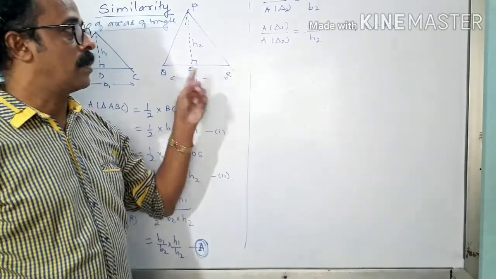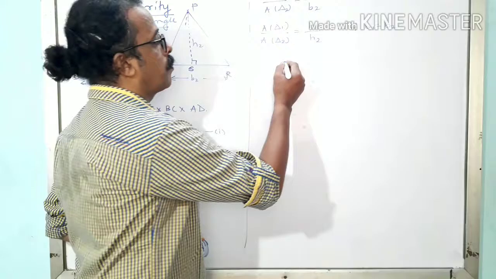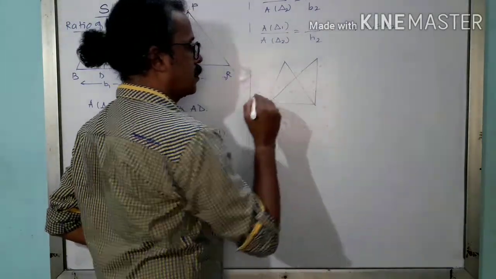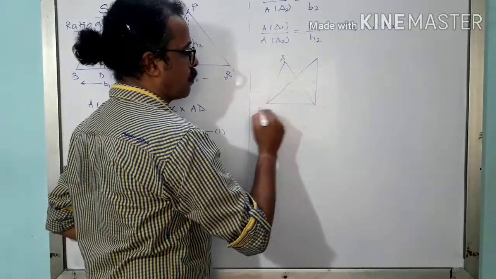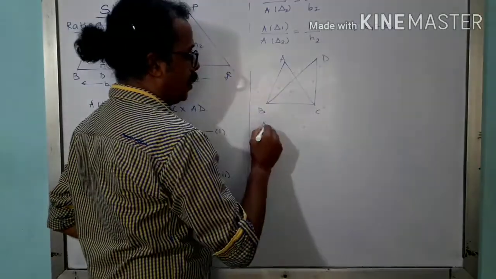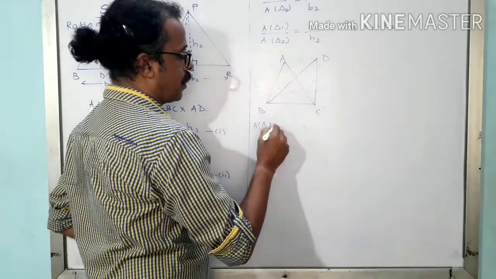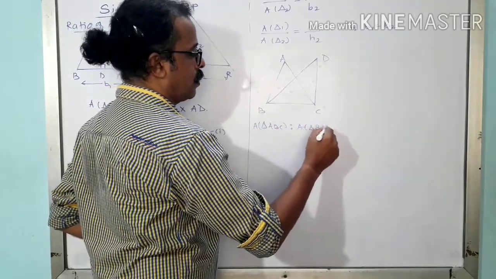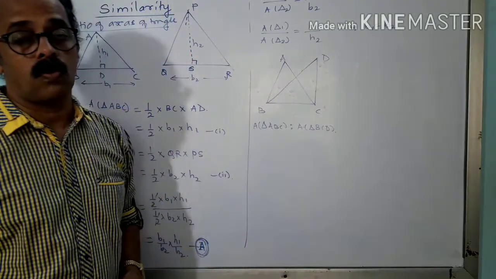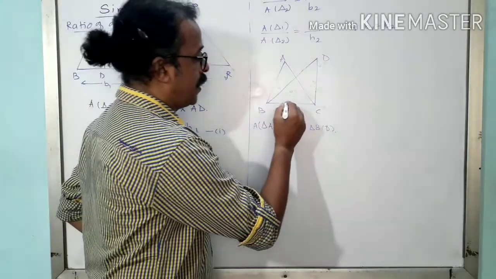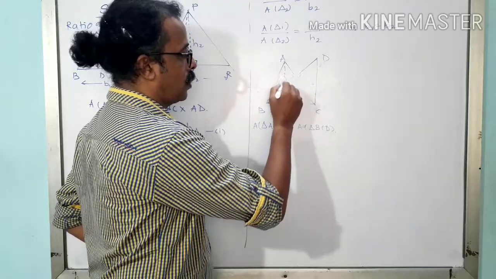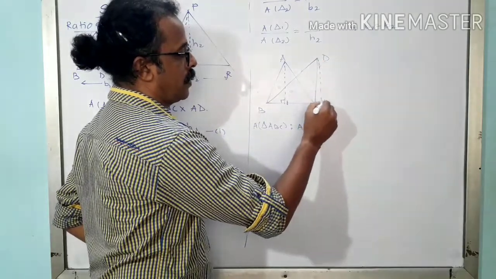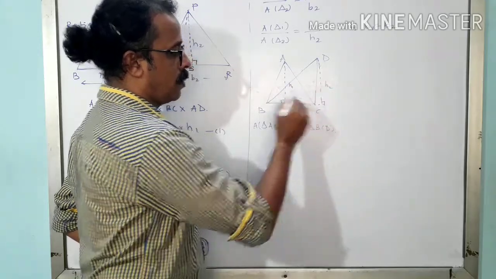Okay, and whenever they are having, I will give a certain example here itself. Now suppose if I give you the triangle like this, what do you observe from these two triangles ABC and ACD? I wanted to write down the ratio of area of triangle ABC to area of triangle BCD. What is your observation? What is same? Here the base is same, right? If I draw the perpendicular height, this is H1, it will be having different heights H1 and H2. Okay, but base is the same.